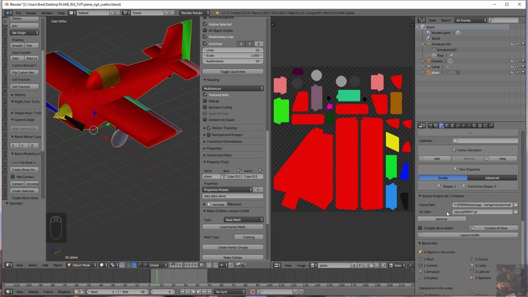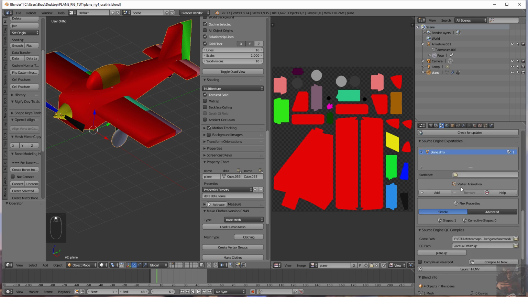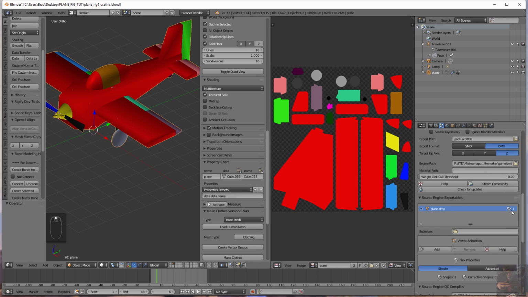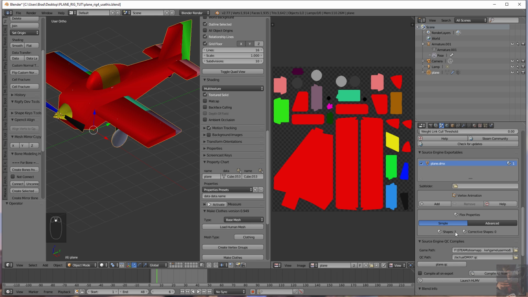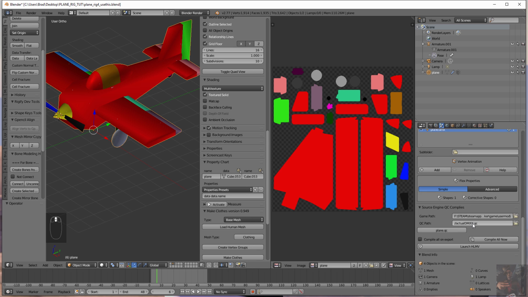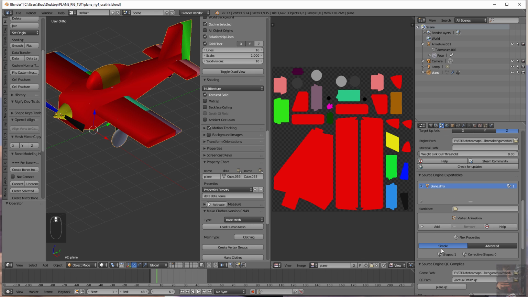that I can press to compile the model. Okay, now looking at this model, it has one shape key, and I can see that right here. I can also see down here that it's counting that shape key as an actual shape key, not a corrective shape. So I am ready to compile the model. Press the plane QC button, watch for any errors like what I just got here,